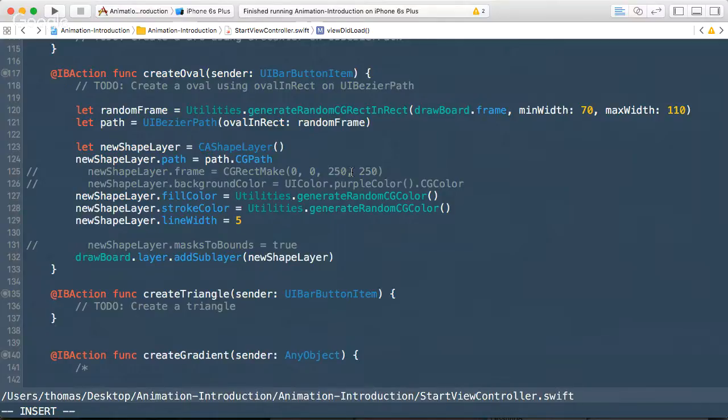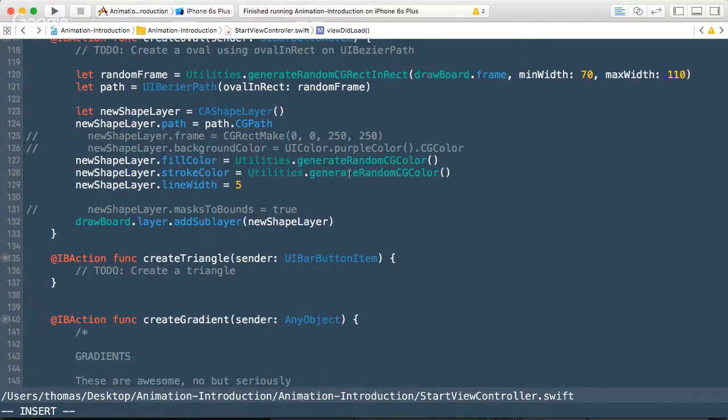All right, let's move on to triangles. Let's look at a triangle with a shape like this. Knowing that I said that we have two functions available called move to point and add line to point, how do you go about drawing a simple triangle like that? You define 3 points and then